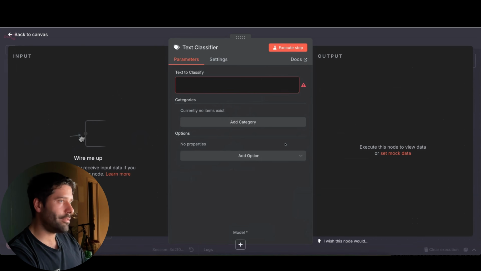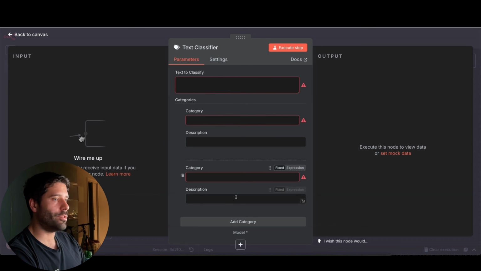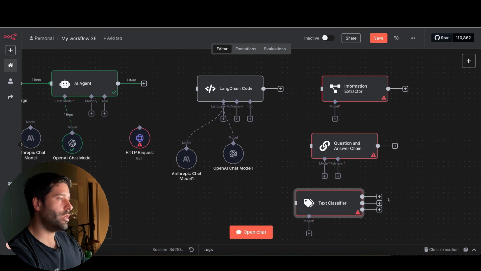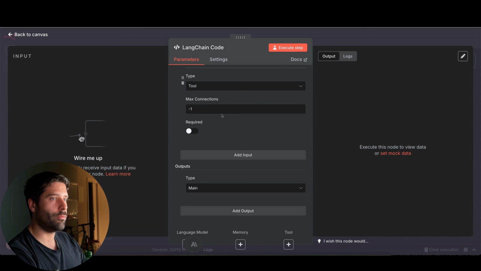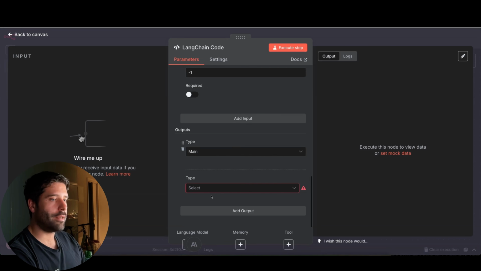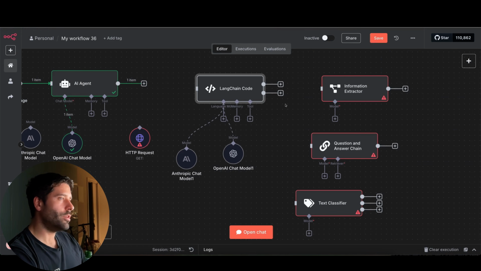Like the text classifier, I can dynamically add a bunch of outputs into this over here, where I can have category A, category B, category C. I can do the same thing over here. If I go to my output field, I can add another main output, and then I can also have multiple outputs. So you can see that you can dynamically interact with some of these LangChain code nodes by using these